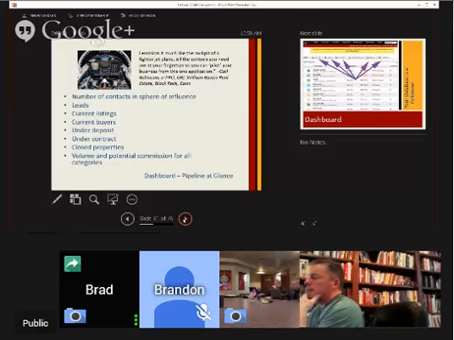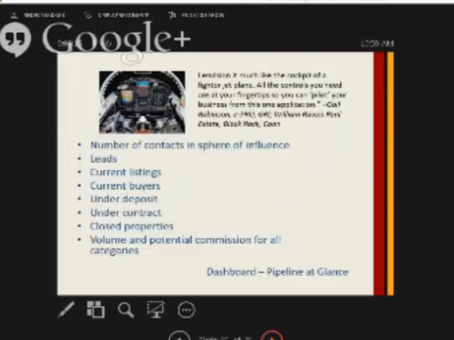I love this. I was speaking at California Association of Realtors, and I just found this quote from an agent. It's like, I envision a dashboard like the cockpit of a fighter plane. All the controls are there at your fingertips so you can evaluate your business. And she had stuff like the number of contacts in her sphere, the leads, the current listings, current buyers, what's